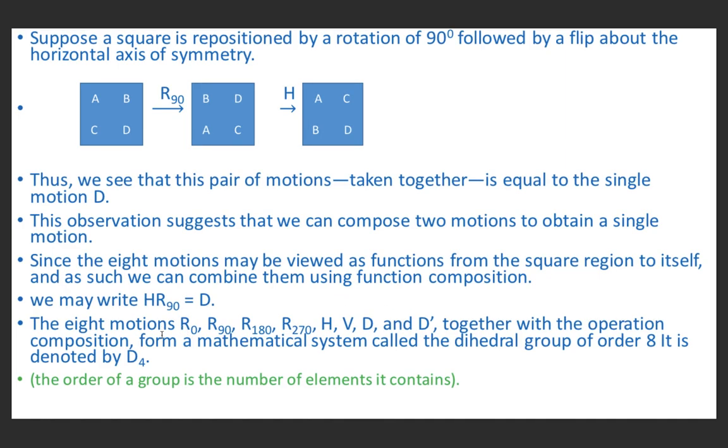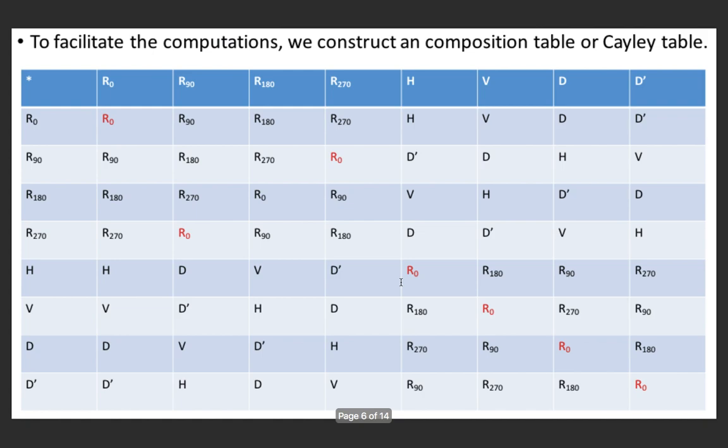So we can construct a composition table for this group, and we have seen in previous lectures how to construct a composition table. This table is also called a Cayley table. Cayley is the name given to honor the English mathematician Arthur Cayley, who introduced it in 1854, and this we also discussed in the previous lecture when we studied the composition table. So now we know how to construct a composition table.